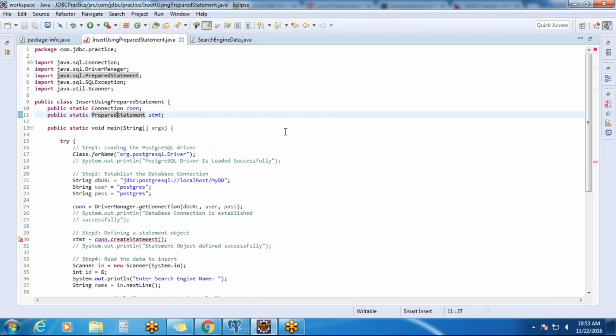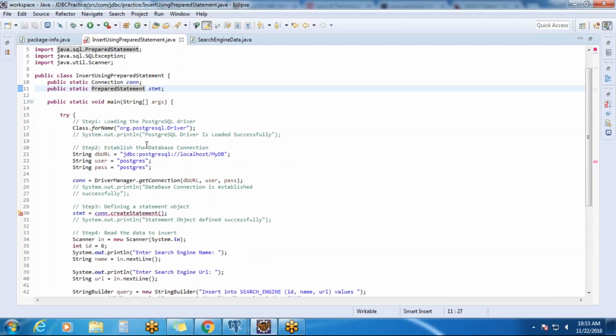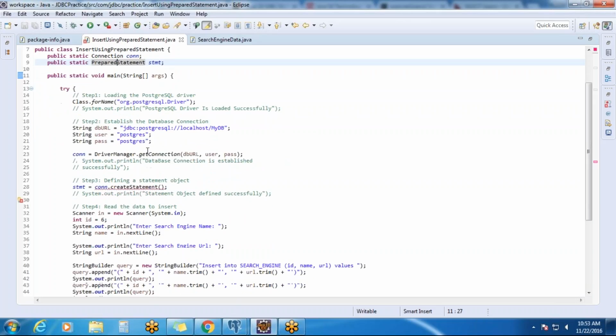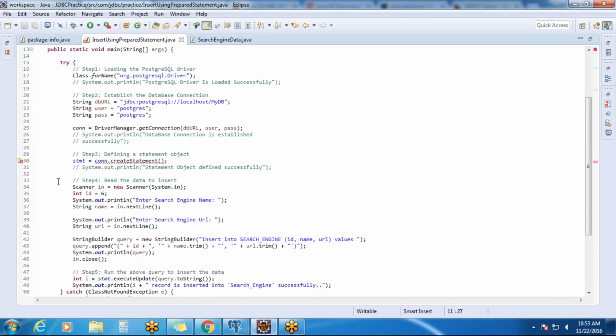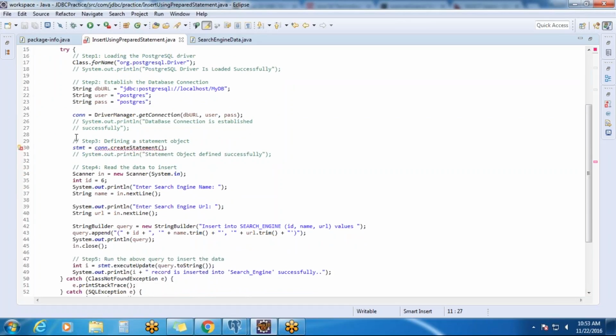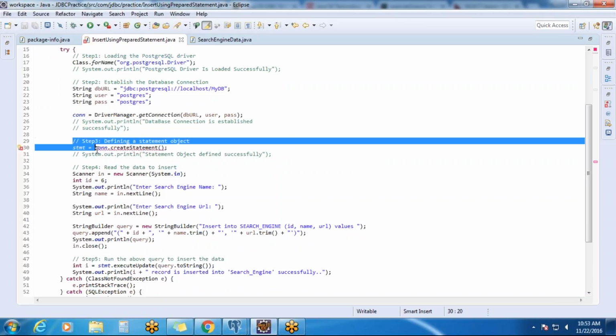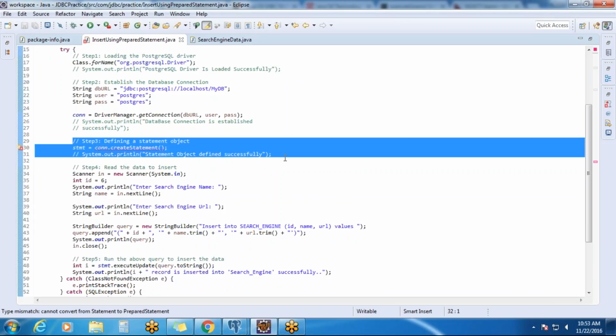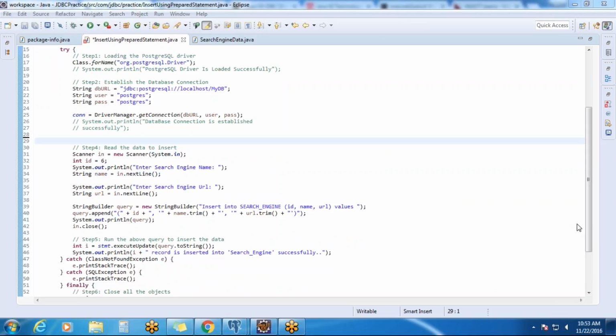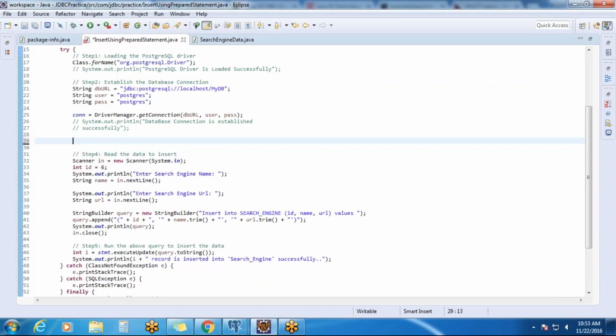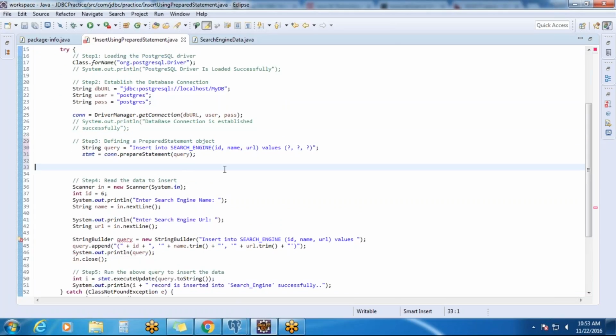So now going inside the main method, inside the try block, step 1 is needed, step 2 is needed, then from step 3 onwards everything will get modified. So you can take this as your step 3. Remove those 3 lines, lines 29, 30, 31, and copy these lines. Bring it to line 29, right. Control Shift F,